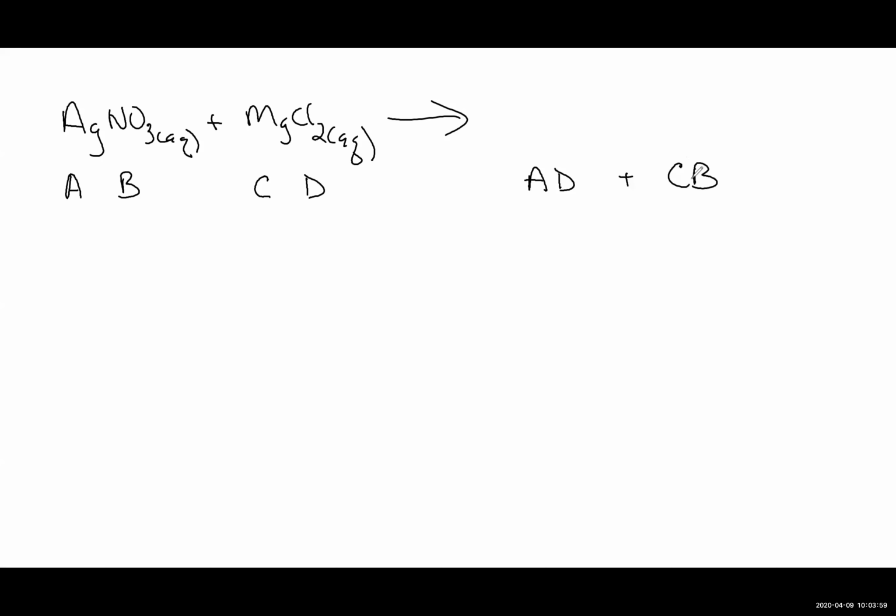So I'm going to take silver and I'm going to react it with chloride or combine it with chloride. Silver is +1 and chloride is -1, so I can just write my formula as AgCl. CB, C is magnesium. Magnesium is +2. How do I know that? It's in group 2, but it's also got 2 chlorides. And then I have nitrate, 1-. So I can't just write